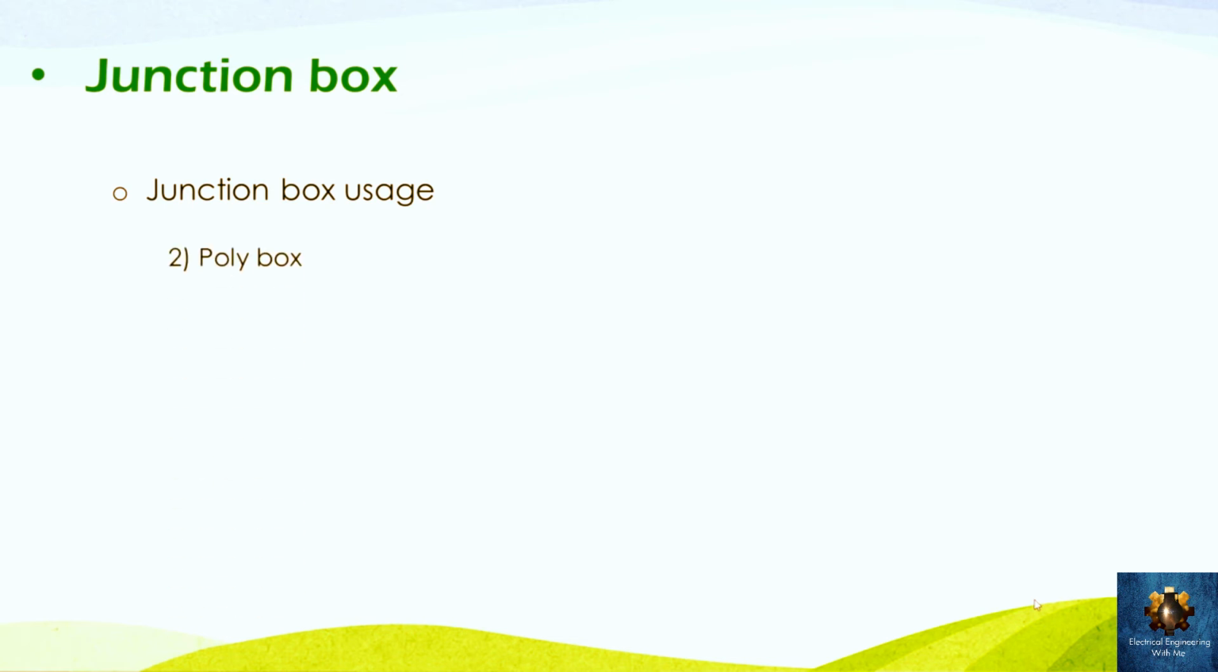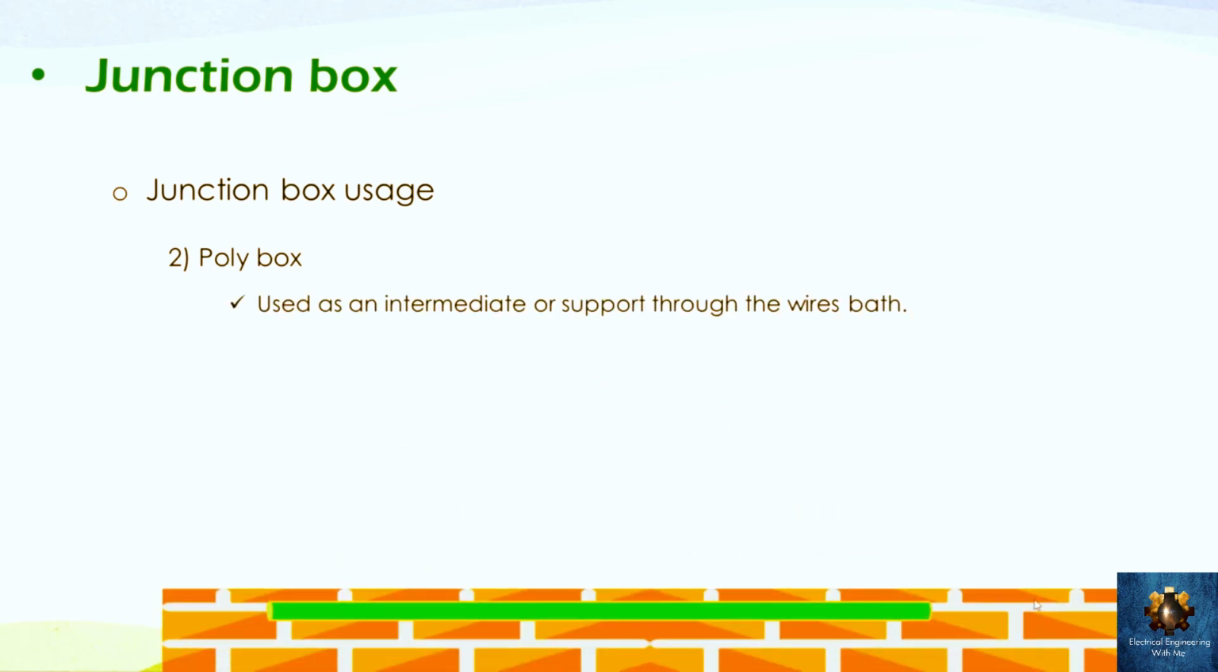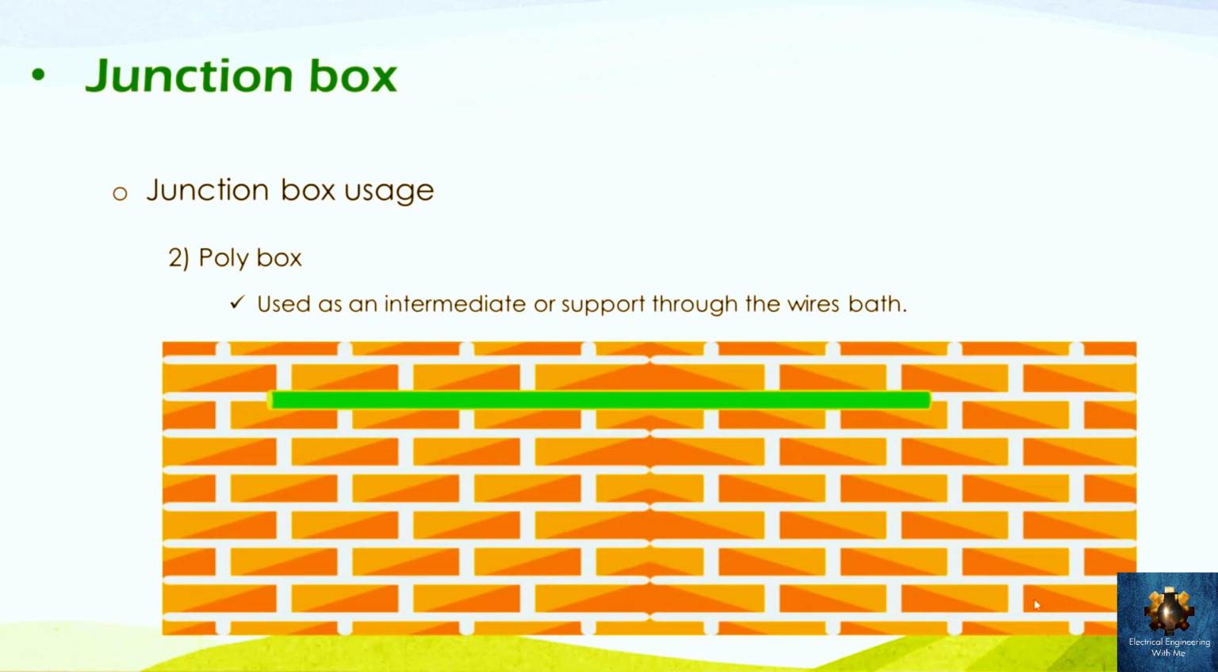Now the second usage of the junction box is to be a pull box. The pull box is used as an intermediate between the distribution panel and the electrical loads. In that case, there are some wires that enter the box and leave the box in the same arrangement with no change. In other words, we are not distributing the wires. The wires just pass through the pull box, which sits between the distribution panel